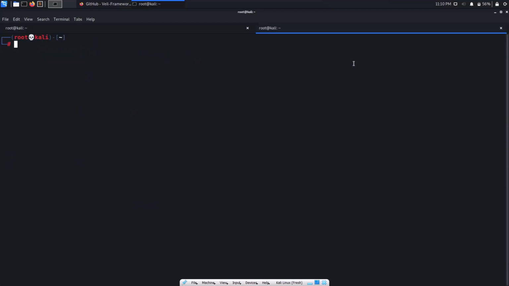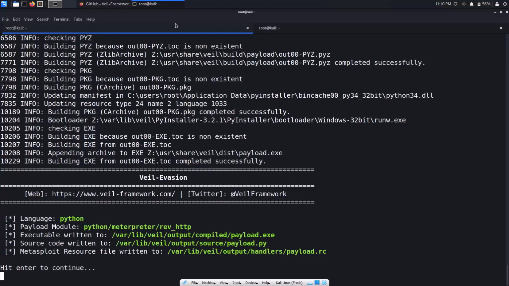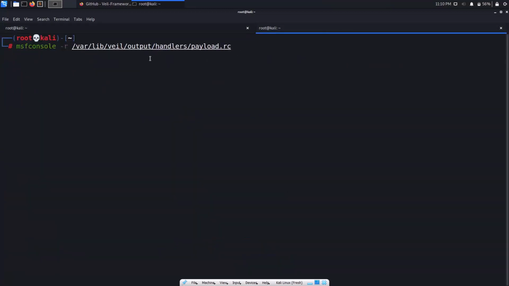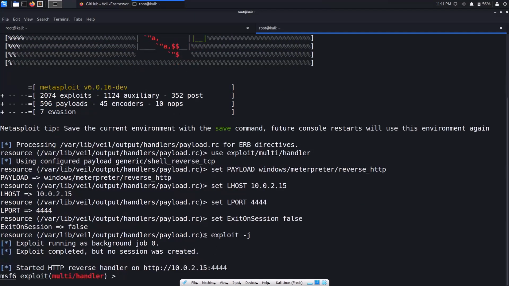Let me open a new tab. So type msfconsole -r to load the resource file. Simply hit enter. What it does is it sets up all these things so that you can start using it by default. You don't need to set any options. That's the use of a resource file. You can see that it set up all your options here.